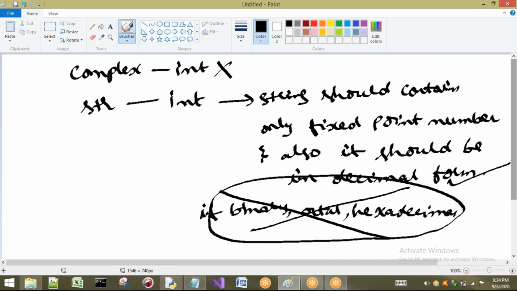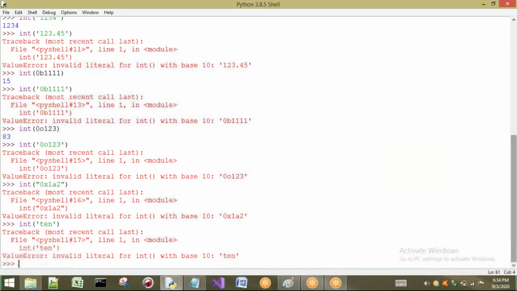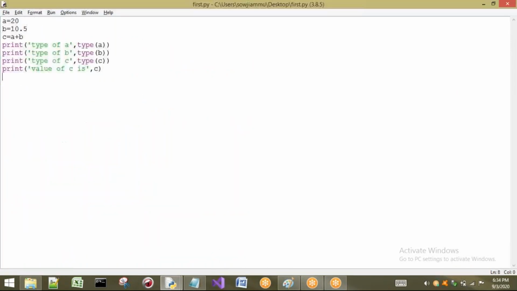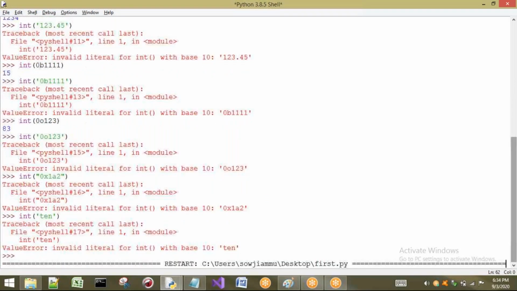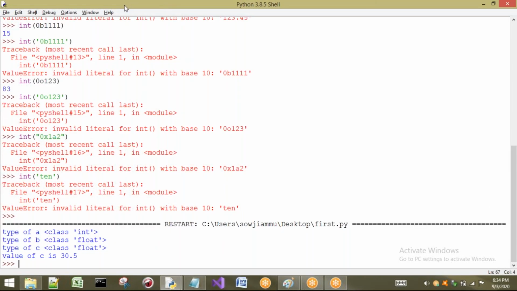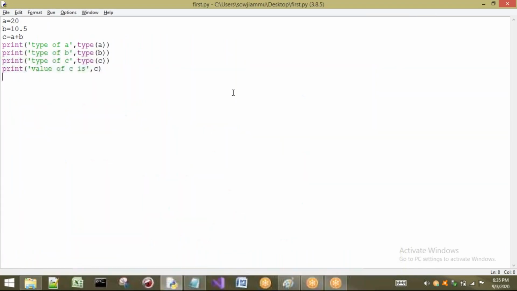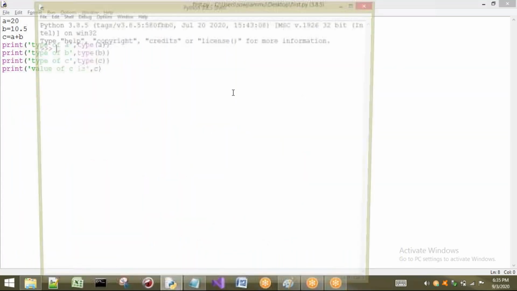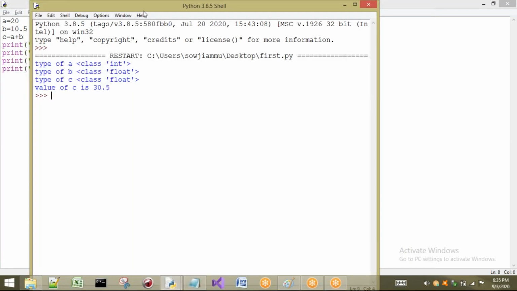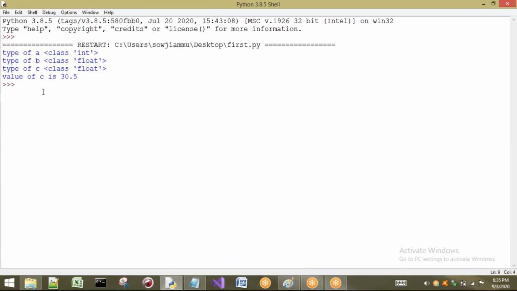Now I want to show you about all other types to floating point number. One minute, I will close this. Now see, I want to go for float, that means I want to convert all other types to float. So first I will take int. So float of 50, for example. So 50 is what? Int type.